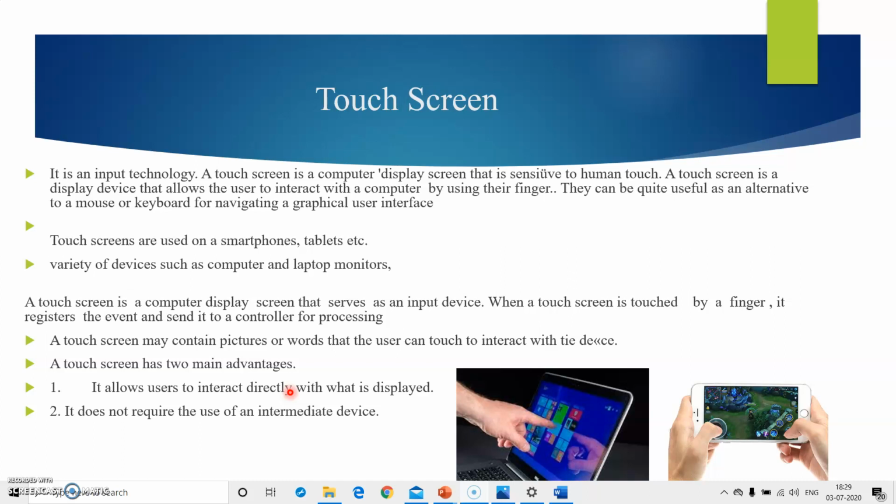These are examples of emissive flat panel display, and LCD is an example of non-emissive flat panel display. Also, we have studied in detail what is a plasma panel, what is light emitting diodes, and what is liquid crystal display, that is LCD. And at last we have studied the touch screen display device.